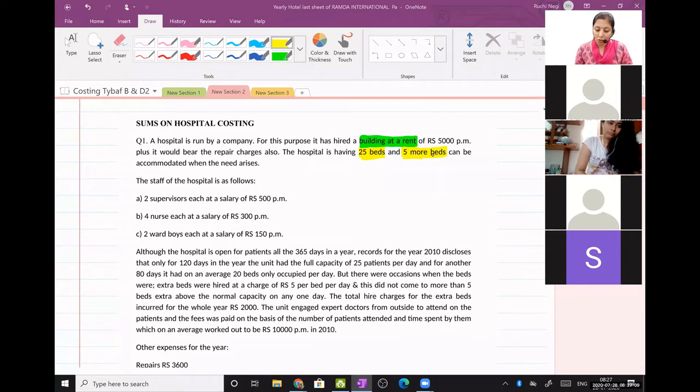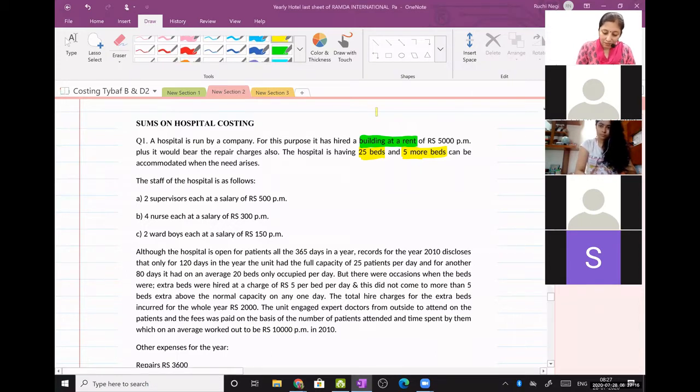So, Aniksha, Madhu, Shubham, it's a fixed cost. Okay, fine. So, I'm coloring it. Just a minute. Two supervisors' salary. 4 nurses. Again, nurses are also the staff of the hospital, right? So it will be fixed cost. Ward boy's salary will also be fixed cost. Because they all are the staff of the hospital: supervisor, nurse, and the ward boy.